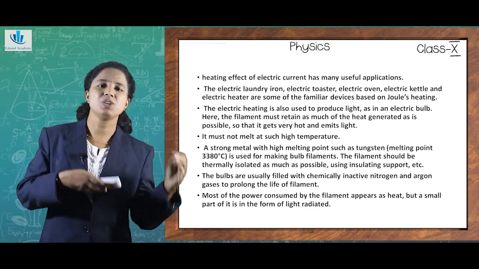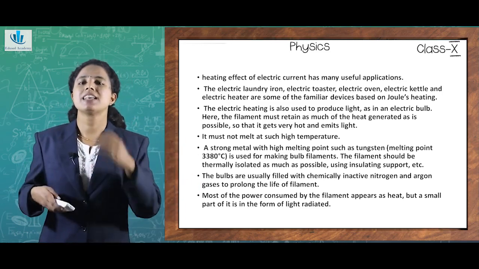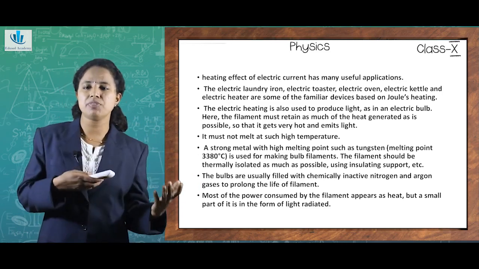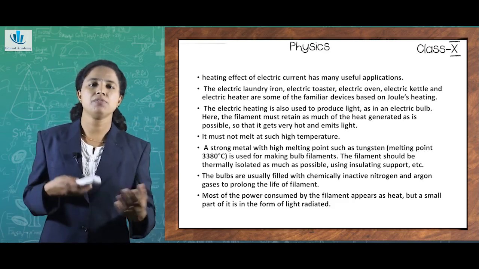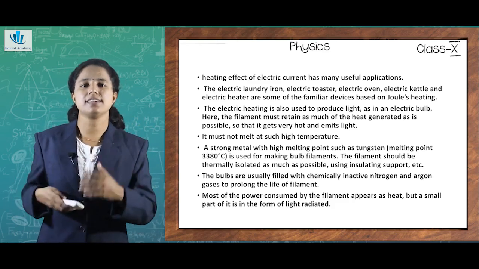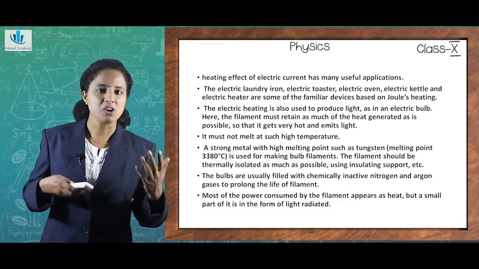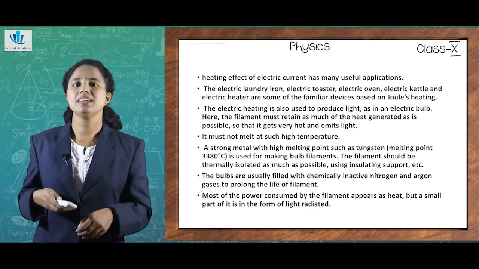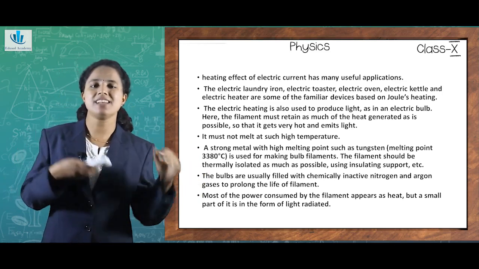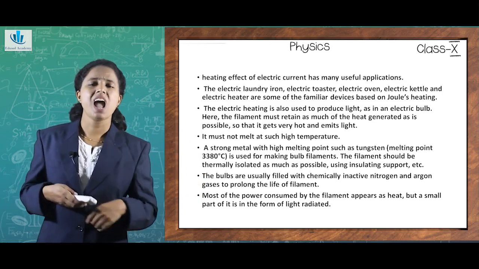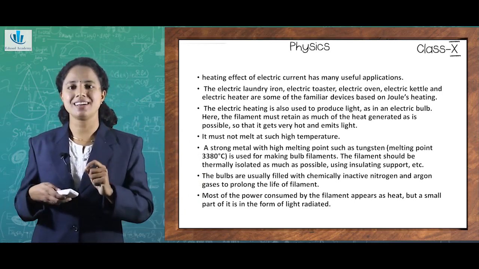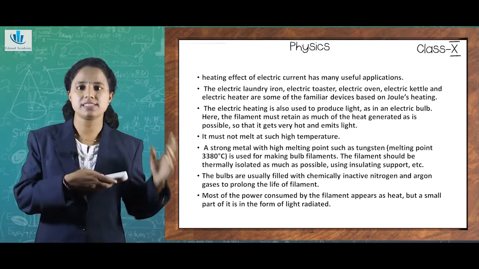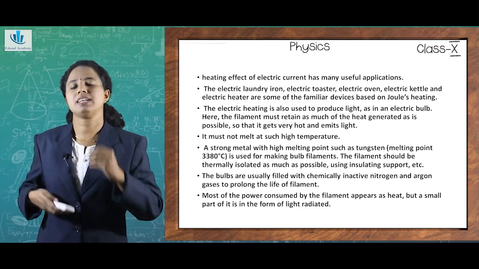So the filament that we use in an electrical device should be thermally isolated as much as possible. So the bulbs are usually filled with chemically inactive gases like nitrogen, argon, etc. Why are we using them? Because it ensures a longer life of the filament, that is why chemically inactive gases are used inside the bulbs. And one important factor that you have to take care of is that most of the power which is consumed